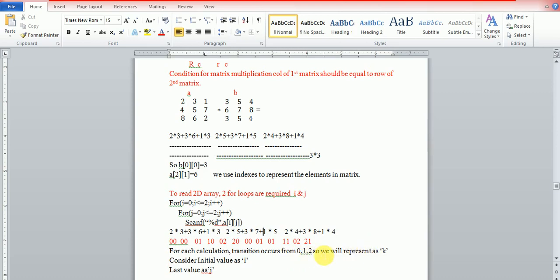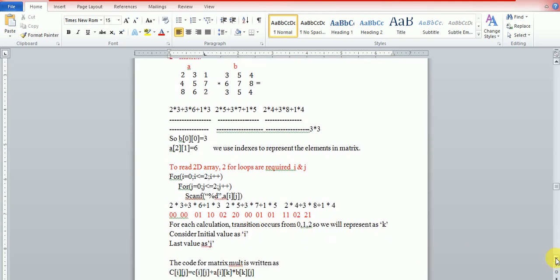So we are going to represent it as a variable k for the different transitions that are happening in the matrix multiplication, and the initial value will be considered as the i index, and the last value will be considered as the j index.